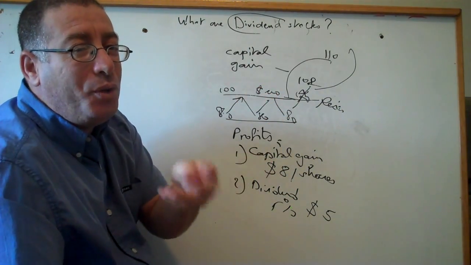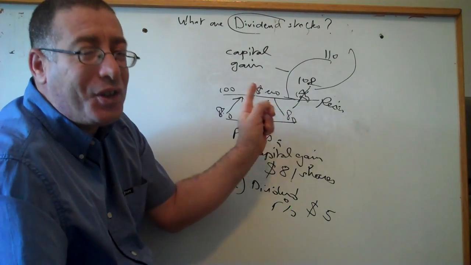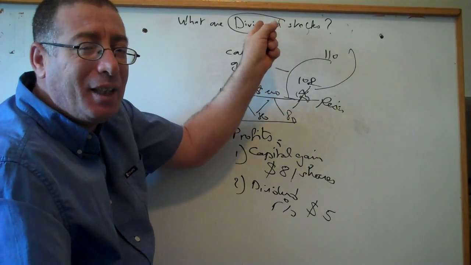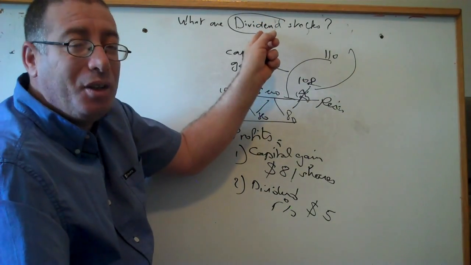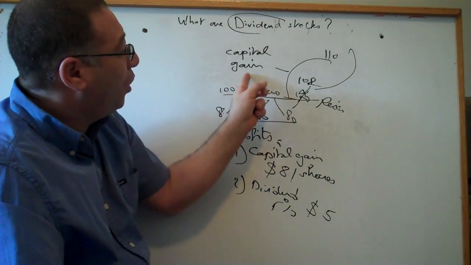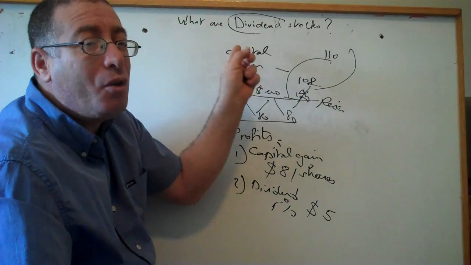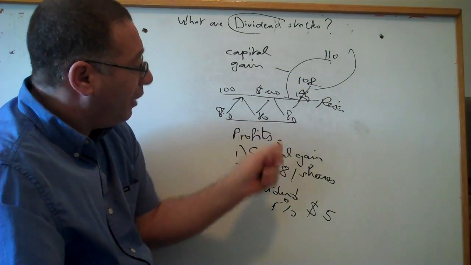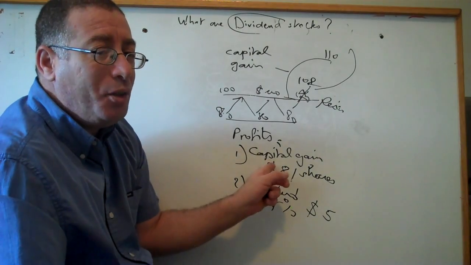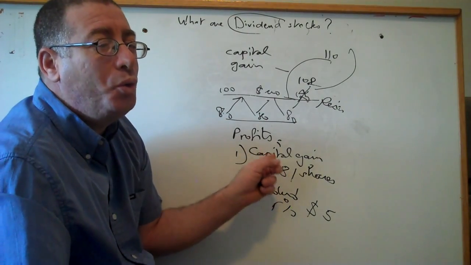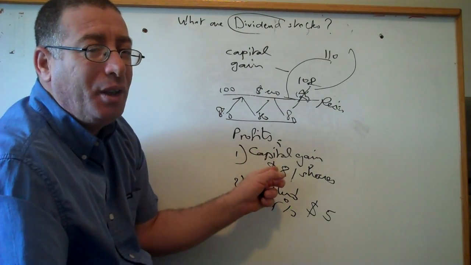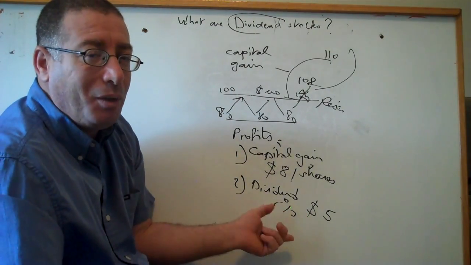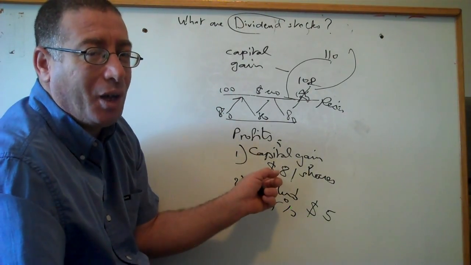And if you follow my strategy, you should do the same. Don't look only for dividend. Don't follow these people that tell you, just buy the dividend stock, and don't look at the capital gain. They are wrong, because if you get only dividend and your stock is going down, you will lose a lot of money. If you lose your capital, there is no need to have the dividend. What's the use of dividend if you are losing your capital?